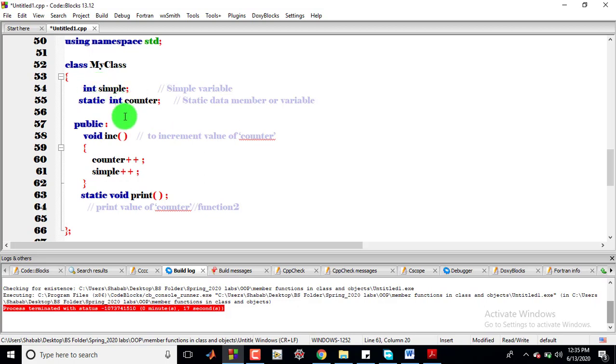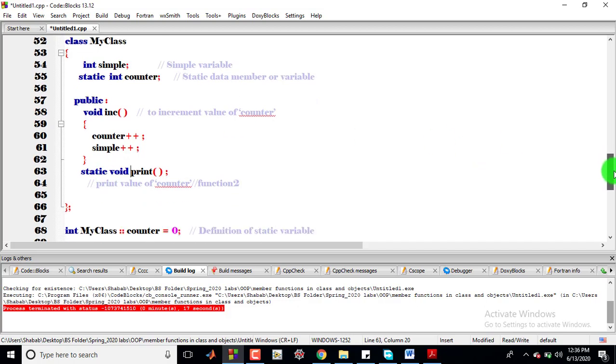We have two variables and two functions, and one is a static member function. As we have already discussed, the static member function can only access static data members, static member functions, or any other function outside the class. So the static void print in this program can only access static int count, as this is the only data member which has the keyword static.